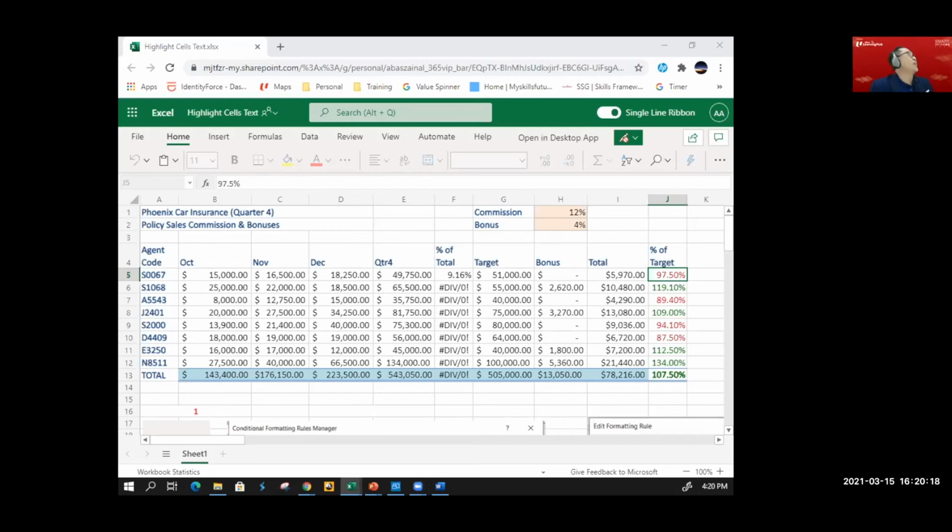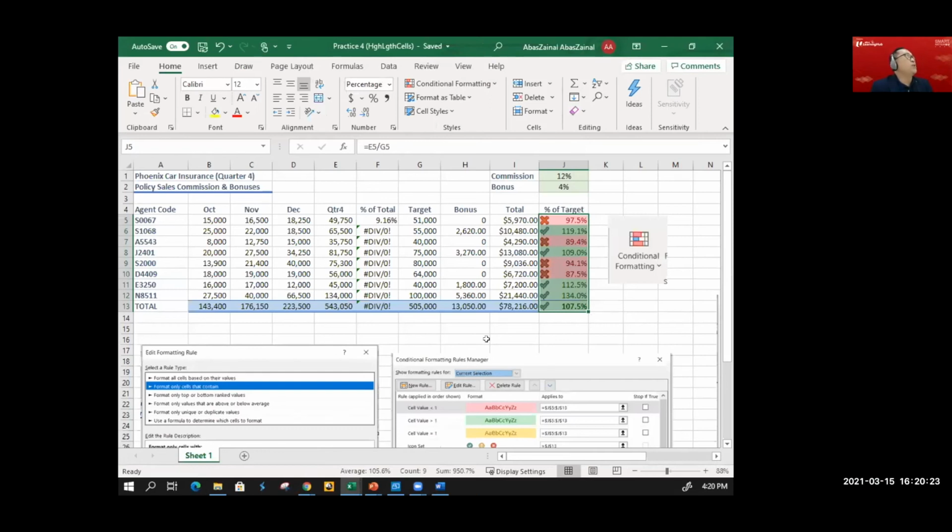Okay, let's go on. I'm just going to put up my Excel spreadsheet here. If you look carefully, ladies and gentlemen, what you need to do first and foremost is highlight cell J5 all the way down to J13. That's the first thing.